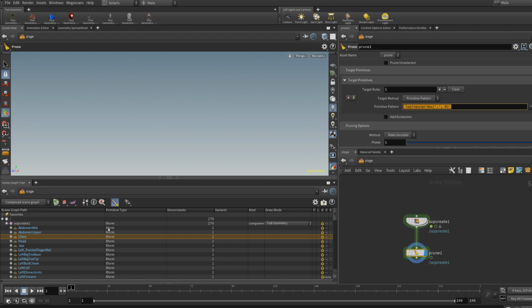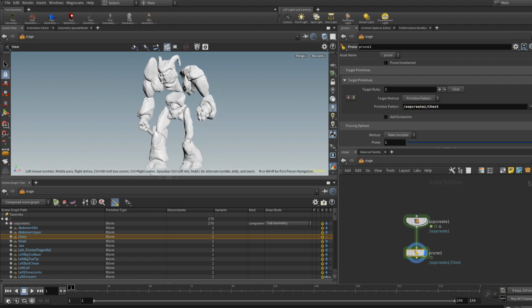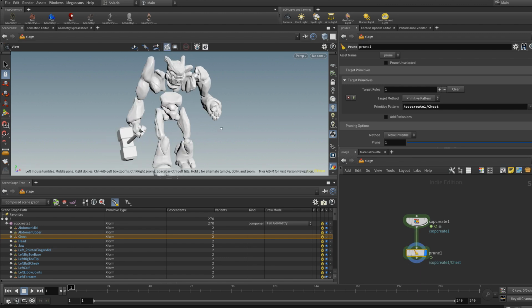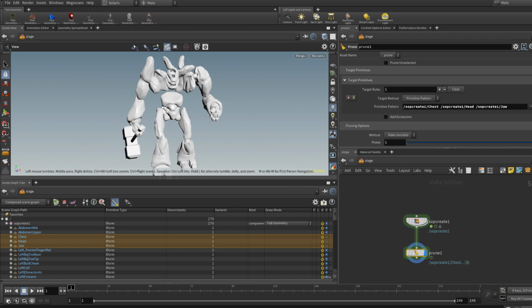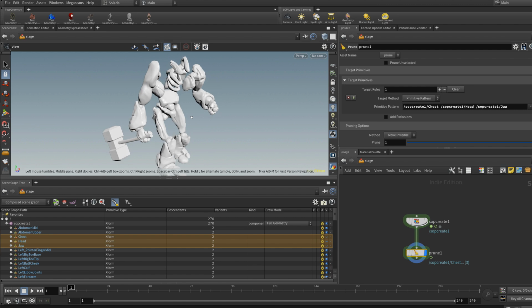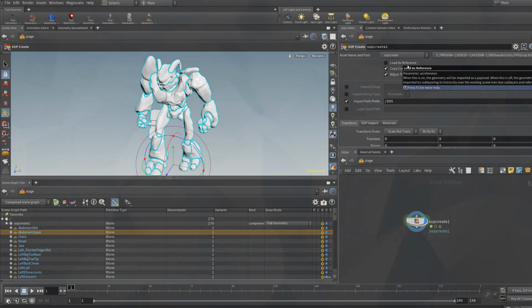But in the meantime, you can also specifically drag and drop some primitive path, like this chest, and it's getting rid of some chest piece. As you can see, we have this big chunk missing now. And we can, of course, do a selection and drag and drop that in primitive pattern to get rid of a few things. So when it comes to primitive and subcreate, you may, in most cases, want to load that as a reference.